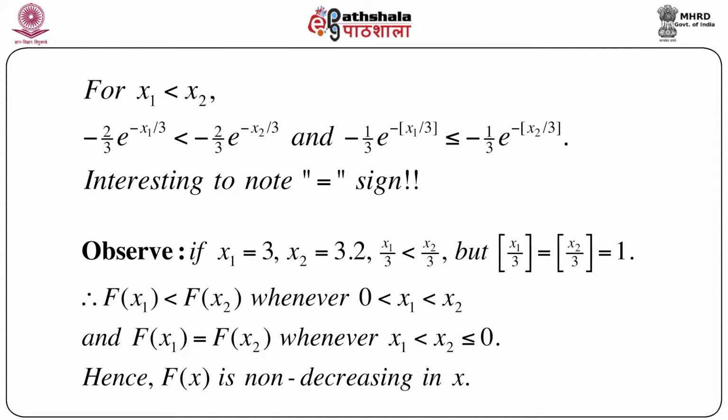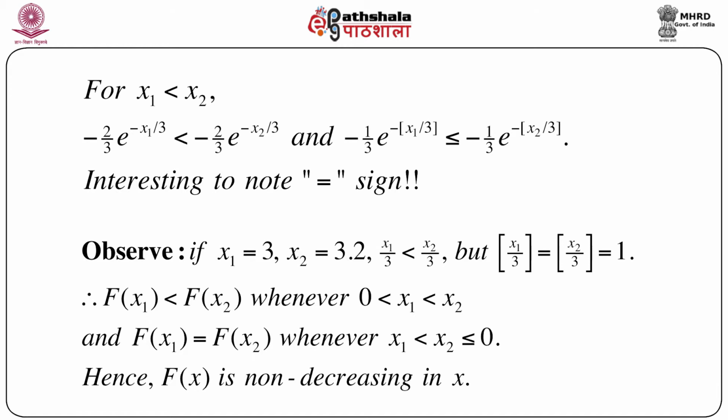In one case there is no equality sign, but in another case there might be an equality sign, because if we take x1 equal to 3 and x2 equal to 3.2, that means x1 is strictly less than x2, then x1 by 3 is less than x2 by 3, but floor of x1 by 3 is equal to floor of x2 by 3, which is in fact equal to 1, because floor of x2 by 3 is the floor of 1 point something. That means the largest integer contained in that, and that something is a fraction, so it is equal to 1. Therefore, it is clear that capital F of x1 is less than capital F of x2